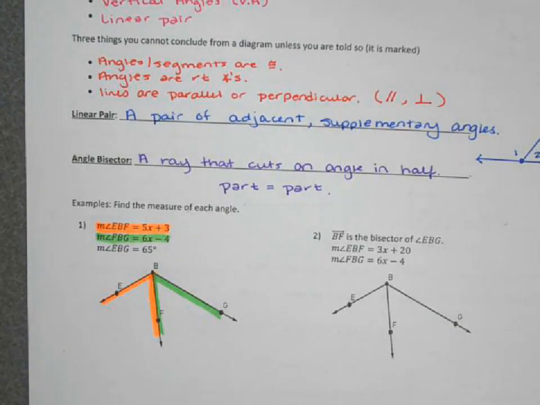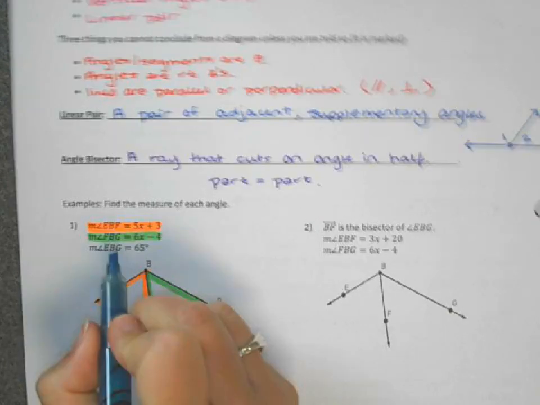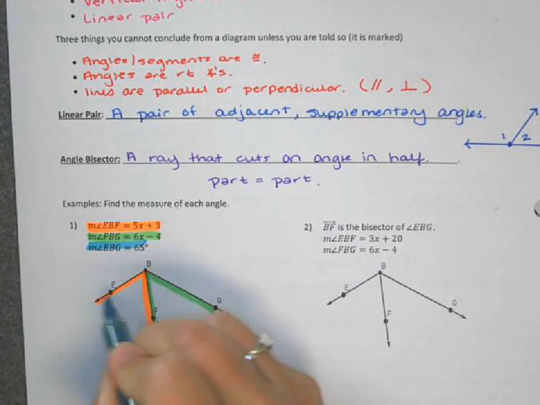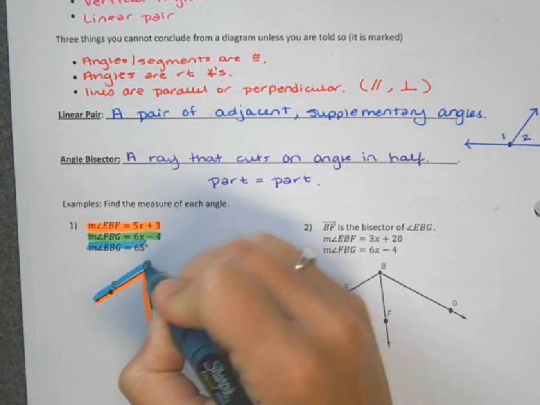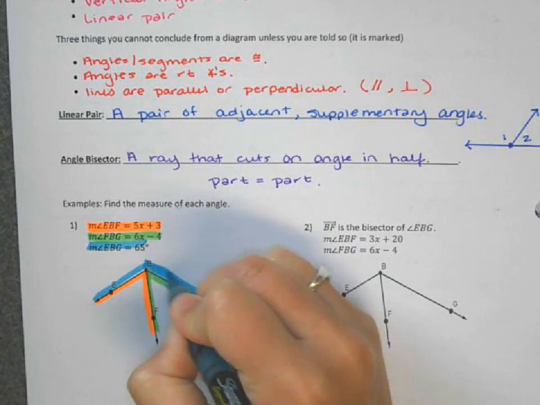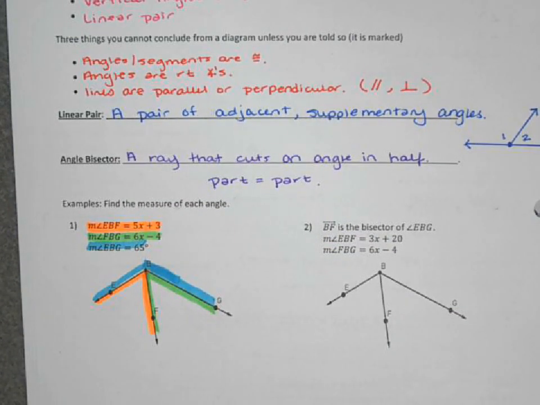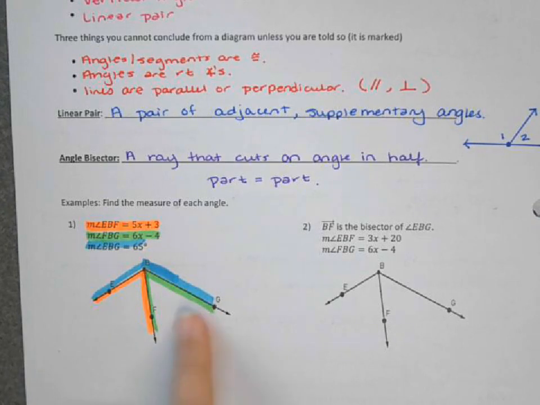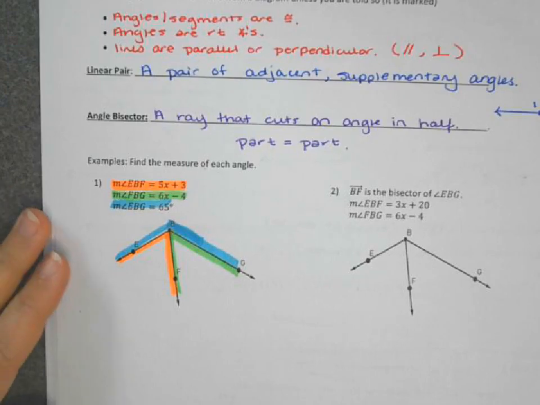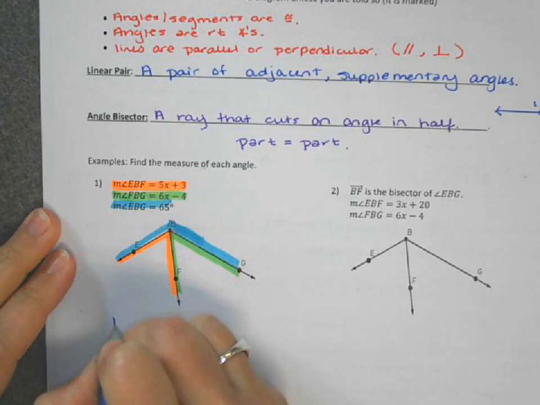And the measure of angle EBG is the entire angle. Can you see that? It gives me this part, that part, and the whole thing. Since I don't know if anything is the same here, but I do know that the angle addition postulate says that part plus part equals whole,